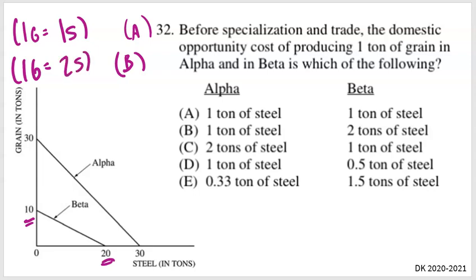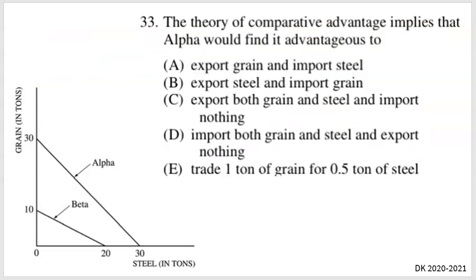So we just have to look for the answer that says Alpha is giving up 1 ton of steel, while Beta is giving up 2 tons of steel. Is it A? No. Is it B? Yes. So the correct answer here is B. So question 33